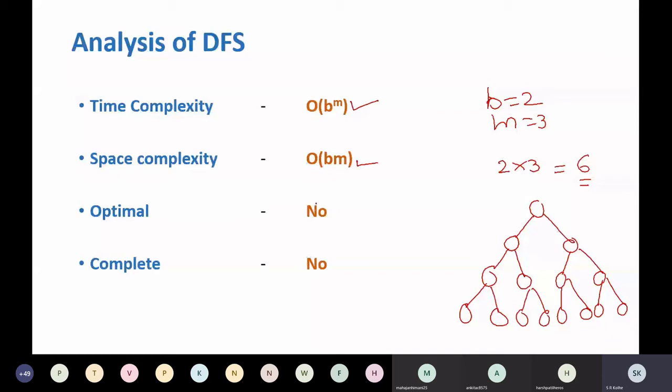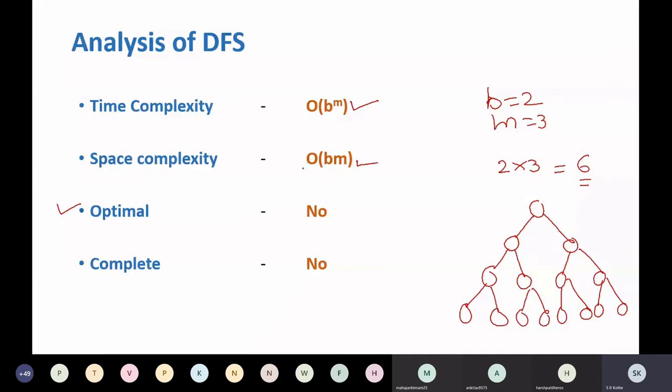Is it an optimal algorithm? What is the meaning of optimality? Does it give you the least cost solution if it exists? Now it's a little bit tricky evaluation. Initially we get an impression that it always gives the best solution.